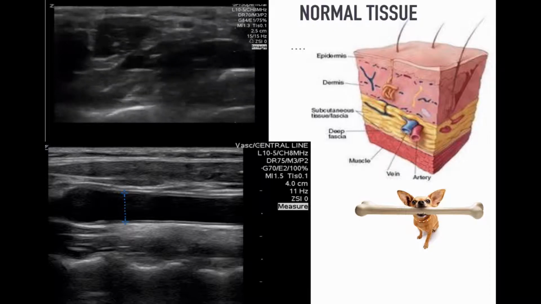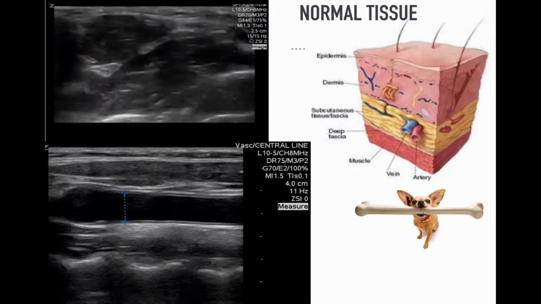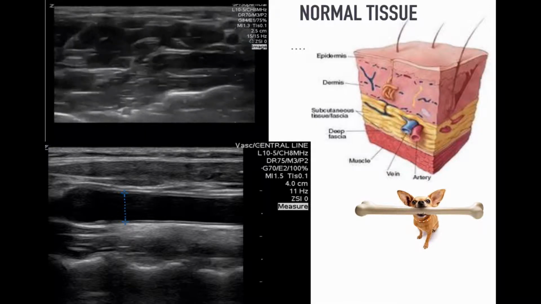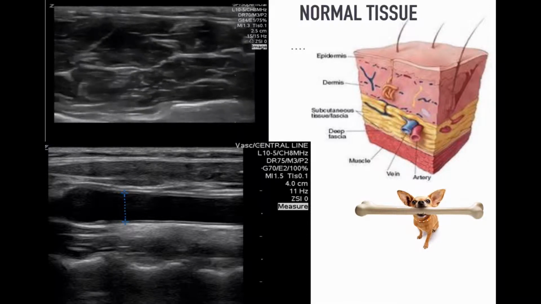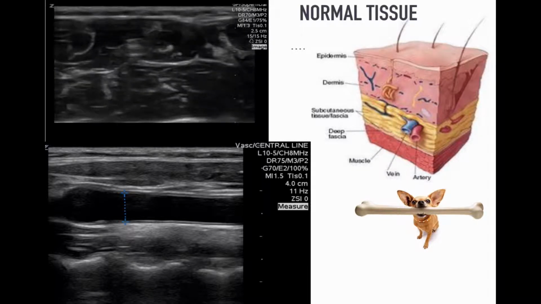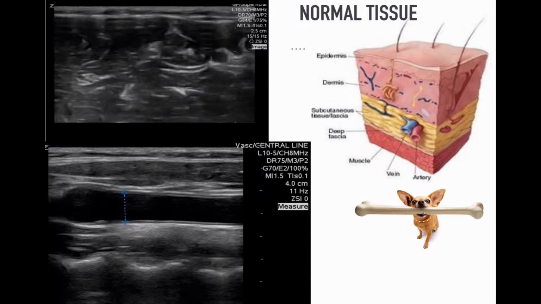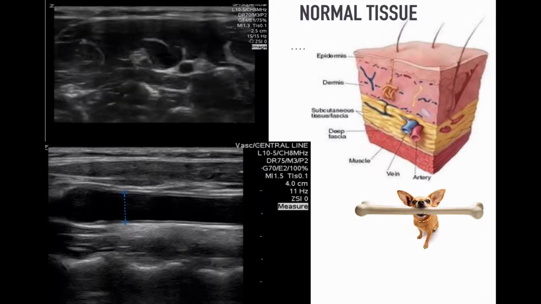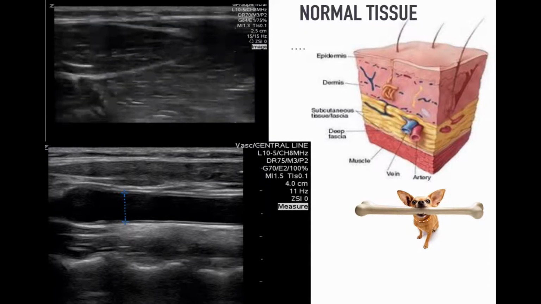The top left video clip is some normal MSK and soft tissue with a lot of depth. So the majority of the image is taken up by muscle right there in the middle, and the soft tissue is only those layers up at the top. The bottom image is a still image that's zoomed in a bit with decreased depth to kind of delineate some